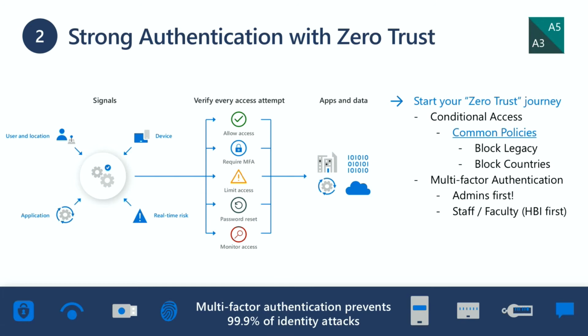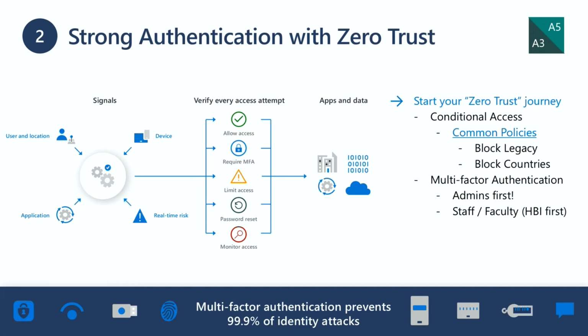Second quick tip is strong authentication with zero trust. Again, conditional access and MFA are all included with the A3 licenses. So it's things I believe everyone here today should have access to. You can take those signals from devices and different users, external versus internal, and create different requirements on restricted access, whether you want to call MFA. MFA is huge. When you can deploy it, it helps prevent so many attack vectors. We talk about the attackers being like open water. Well, MFA plugs a giant hole there.